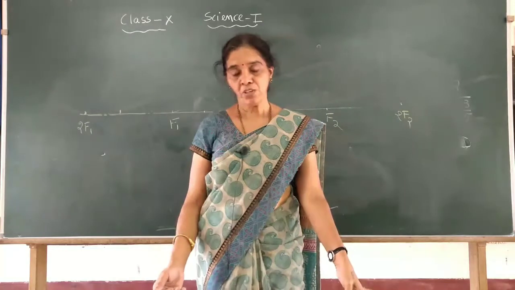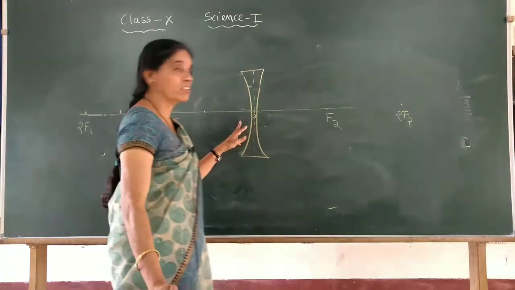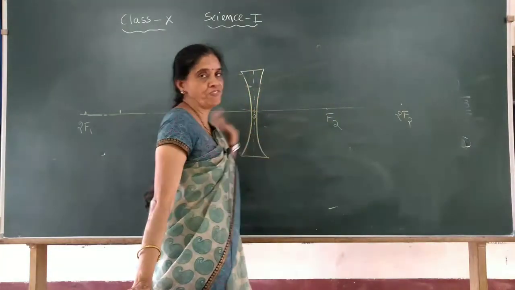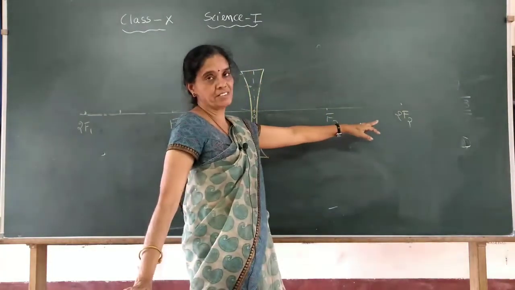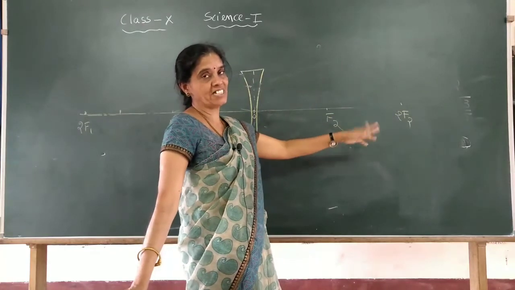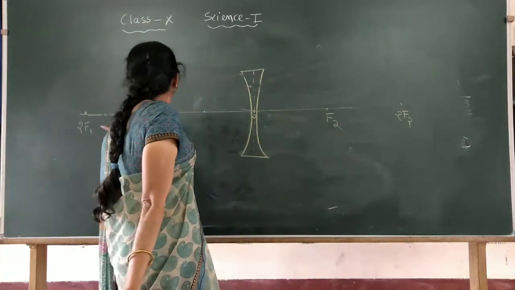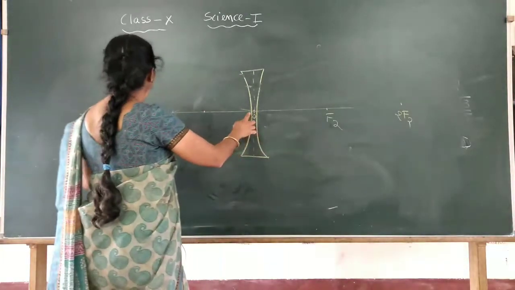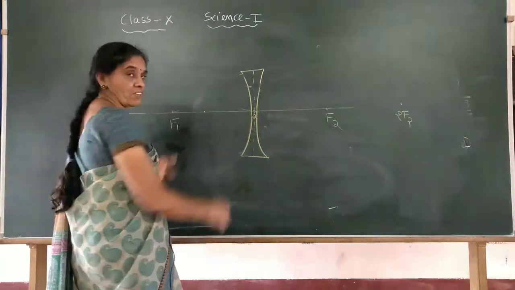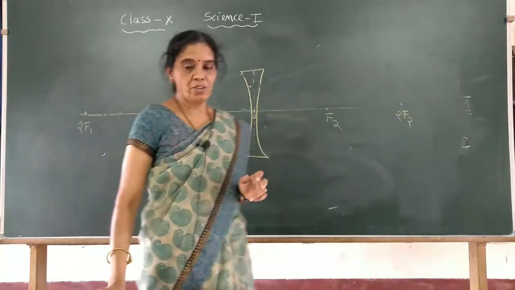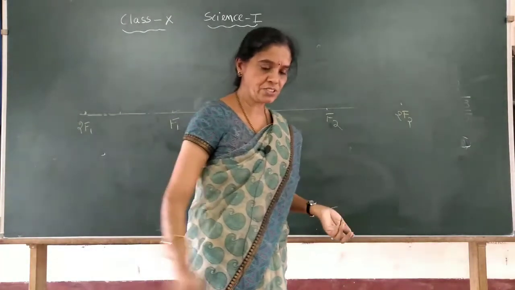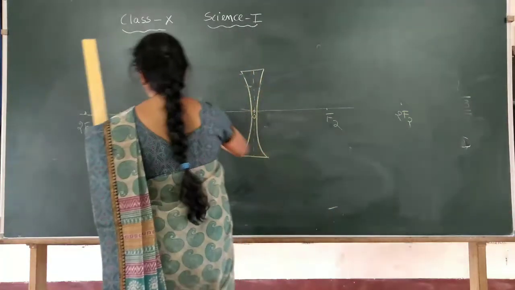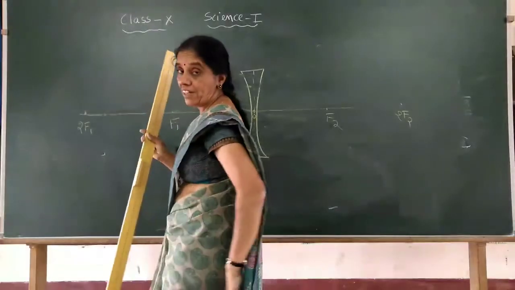Okay, so you have to draw the concave lens, draw the principal focus F1 and F2 and optic center C1 and C2. Usually in the textbook they have denoted it as 2F1 and 2F2, because this distance and this distance is double this distance, the focal length. Now you can keep the object at any place, the nature won't change, we get the same nature.